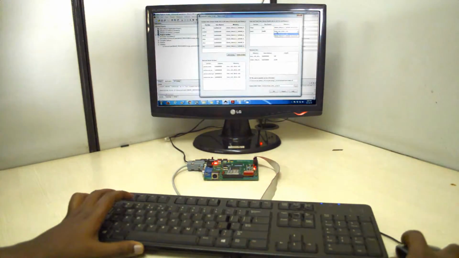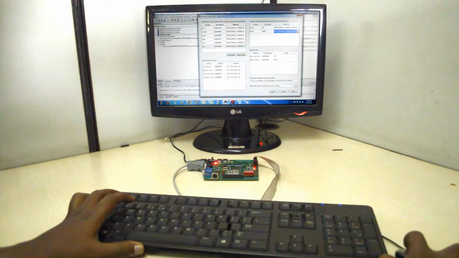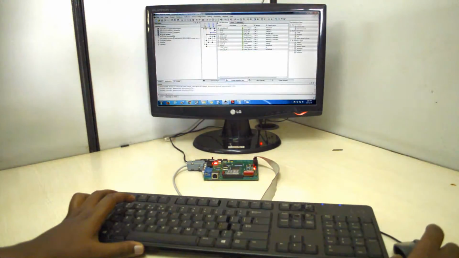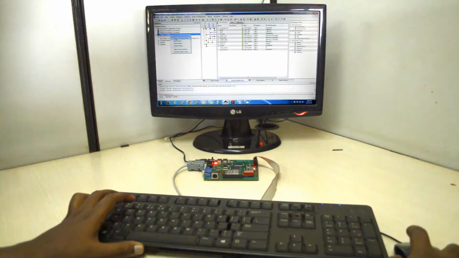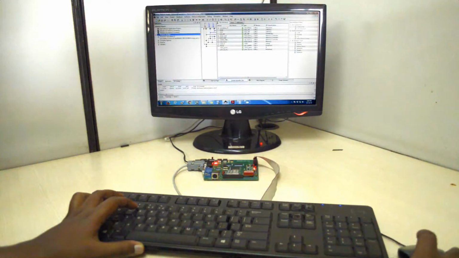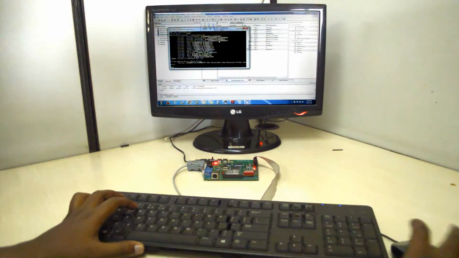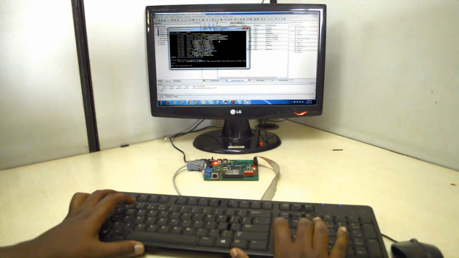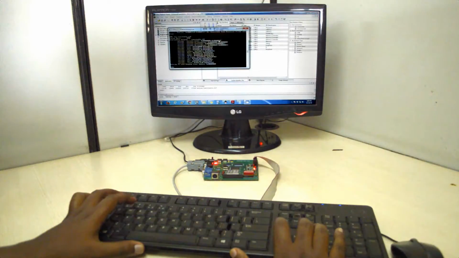Once we set all those memory to SRAM, after doing this process, again rebuild the project. Now again download that ELF file. Now the program gets downloaded onto FPGA.